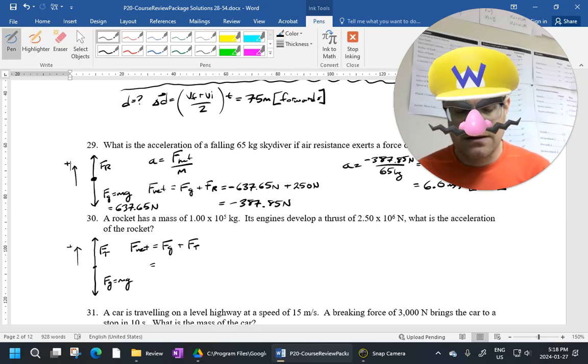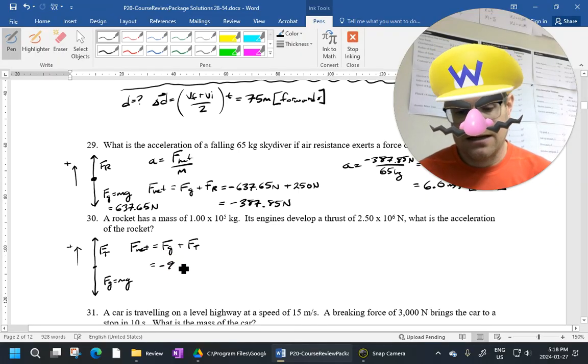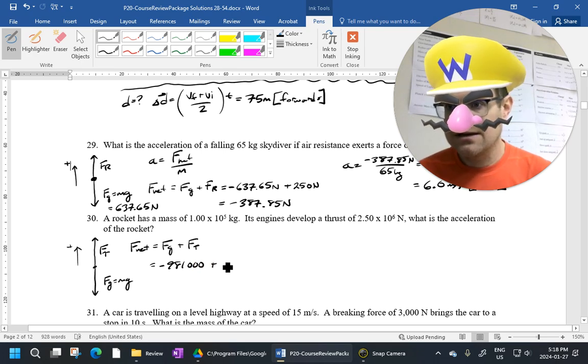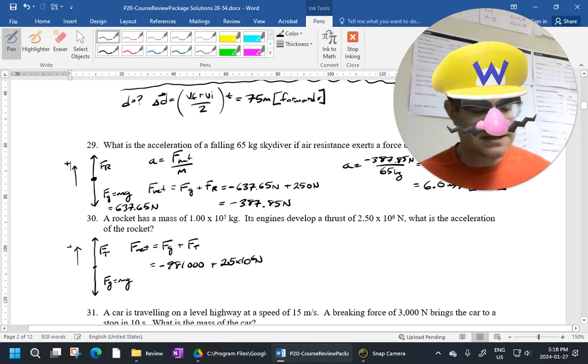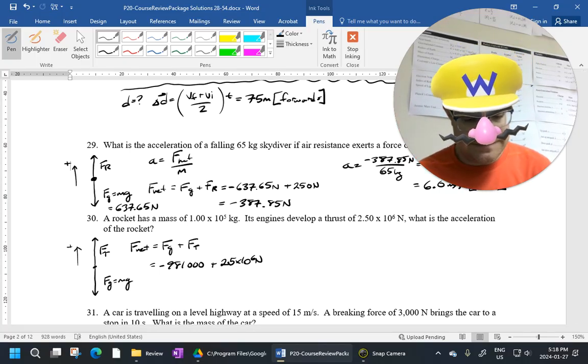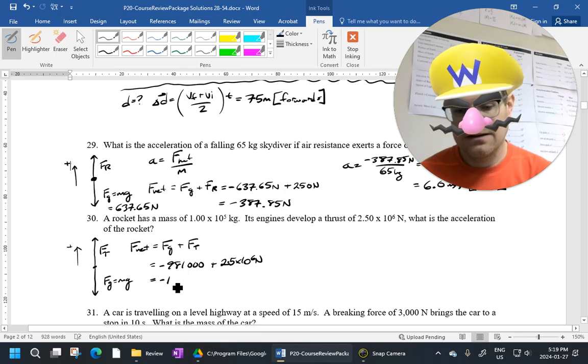I'm just going to type that in. 1, 2, 5, 100,000 times 9.81. So I got gravity, negative 981,000, plus this 2.5 million number here. Newtons, 2.5, there's a decimal there. All right? Plus, that was positive, the gravity is negative. That's what we get here. So here I get an overall net force of negative